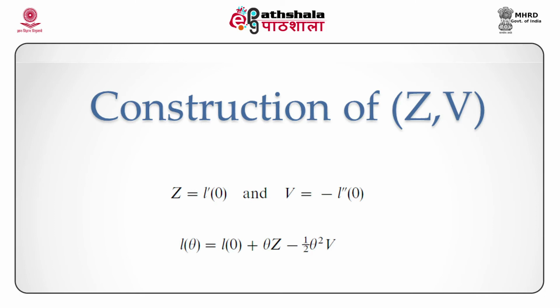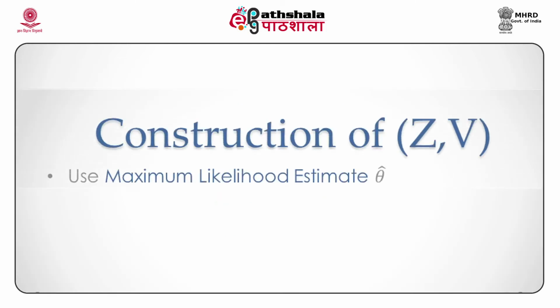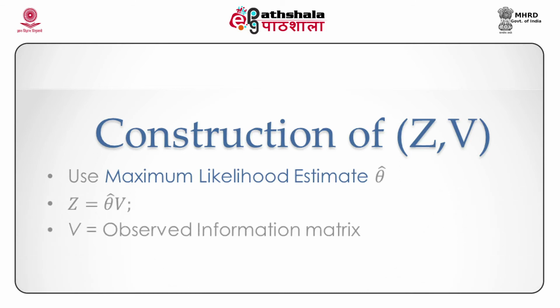The second approach is to base each interim analysis on an estimate theta hat. So commonly we choose the maximum likelihood estimate theta hat, and the information V is taken to be the inverse of the square of the standard error of theta hat. In this case, the statistic Z can be taken to be theta hat V, so that its expectation has the required form. Now this approach is easy to implement because these statistics can be obtained directly from most analysis packages,